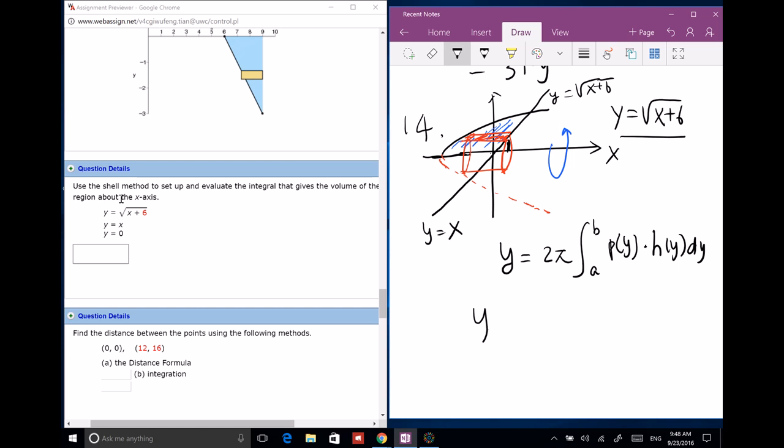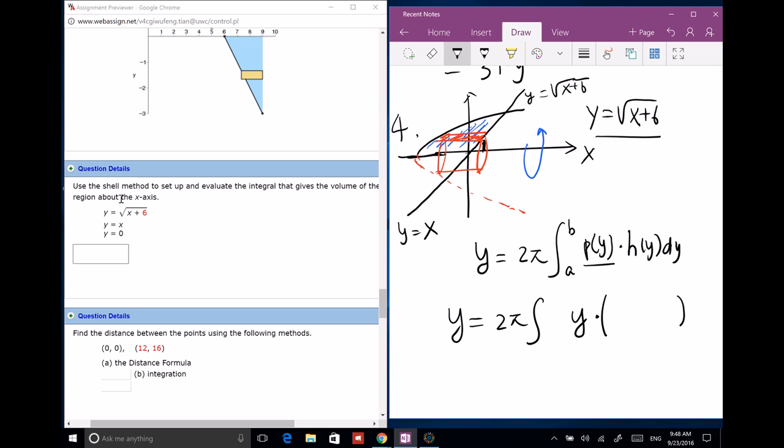I think I've already said that the radius is y. So now, what is the height? We just draw a cylinder like this. The radius is the y value, wherever the y is, and then the height of this cylinder is